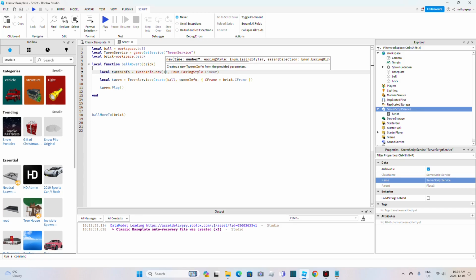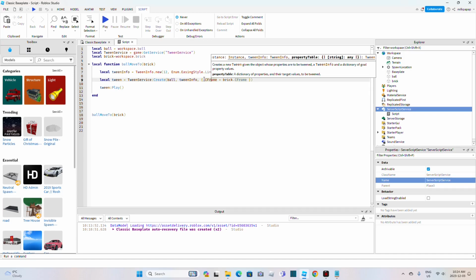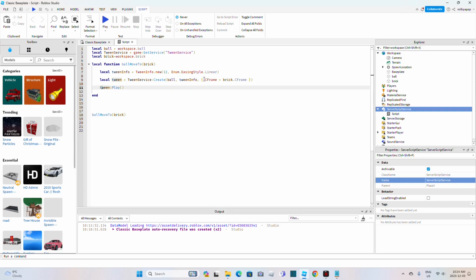The tween information is like the time is 12 seconds, and this is the line to create the animation with the ball, and it will fly like 12 seconds, and it will fly to the brick C frame, the position of the brick, and we will play it. Okay,